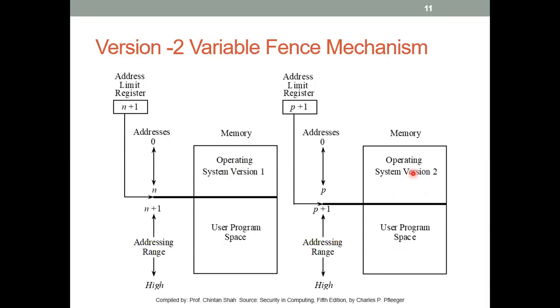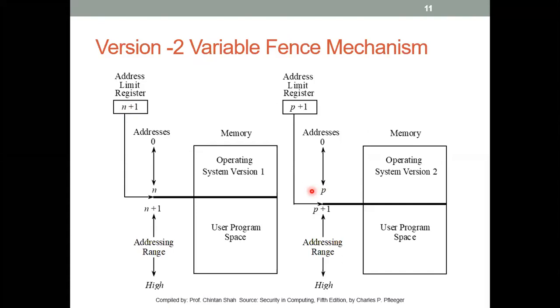Dynamic memory size, correct. So you have a dynamic memory size, that is what I was looking for. Apart from this, if you can see here, there is one more difference. You might not have seen it very correctly. Here you have written n plus 1 and n. Here you have written p plus 1 and p. I was expecting that you would be speaking of this, but I know my students are very smart.